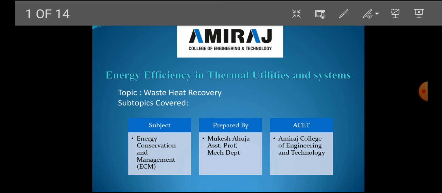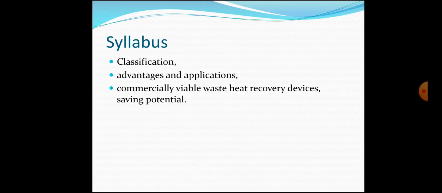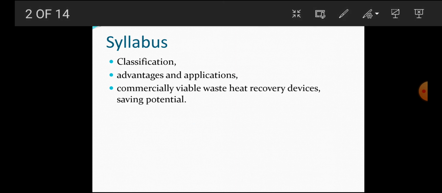So what are the topics we are going to consider in this? That is classification, advantages, and commercially viable waste heat recovery devices and their saving potential. In this we have considered many topics, and many potential devices we are going to discuss, such as recuperators, regenerators, etc. So let's start with